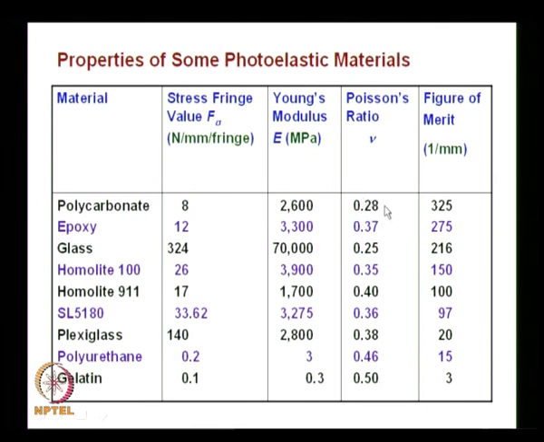So, polycarbonate is one of the most preferred model materials for photoelastic analysis, and you can also use epoxy because it is easy to cast in a laboratory and then prepare models. So, this gives you an idea of what are the various photoelastic materials, and what we have seen in the